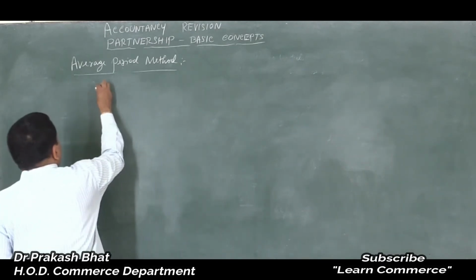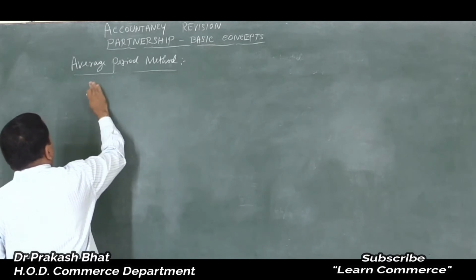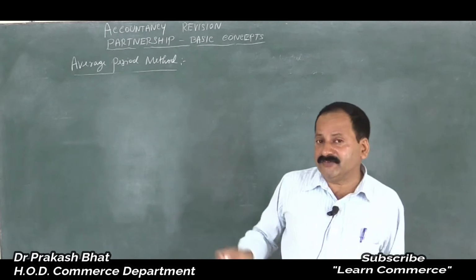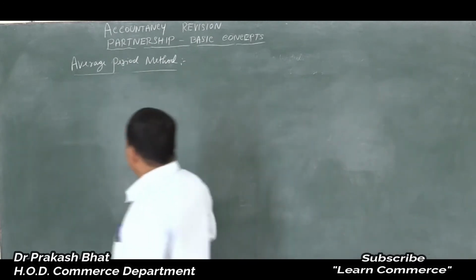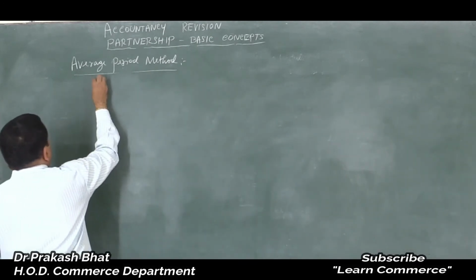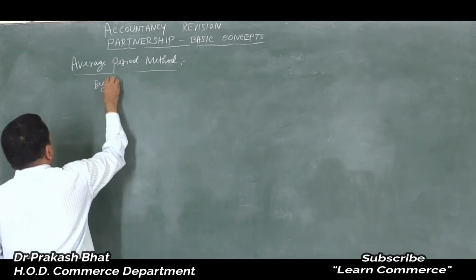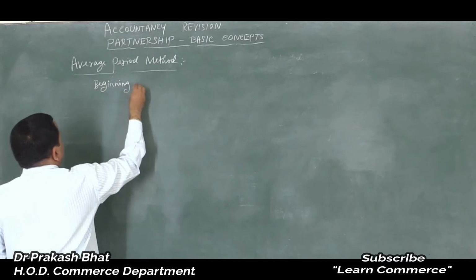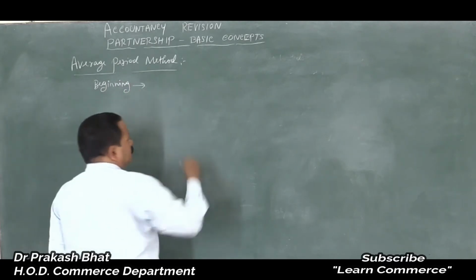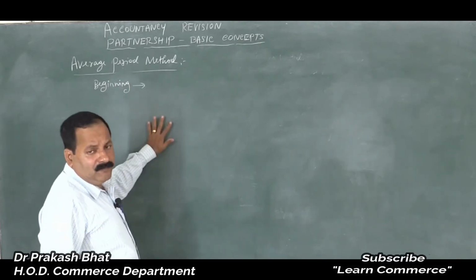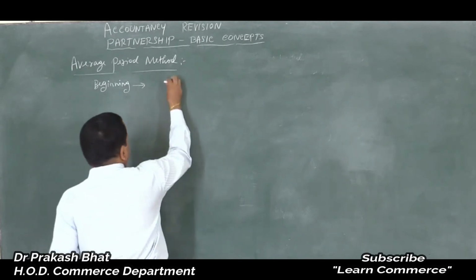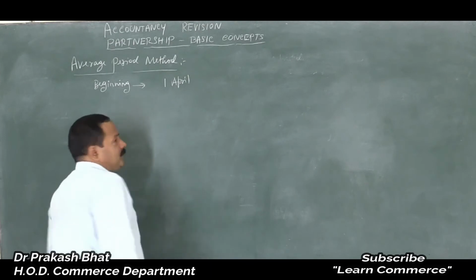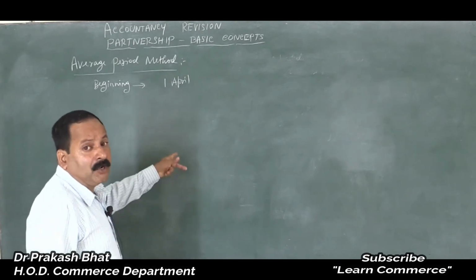Here, at the beginning of each quarter and at the end of each quarter they will say, they will not give the middle of each quarter, clear? So at the beginning of each quarter, first quarter starts from 1st April, so at the beginning of each quarter means 1st April, right? Second withdrawal should be at the beginning of second quarter.